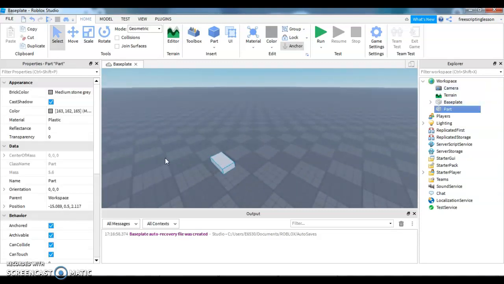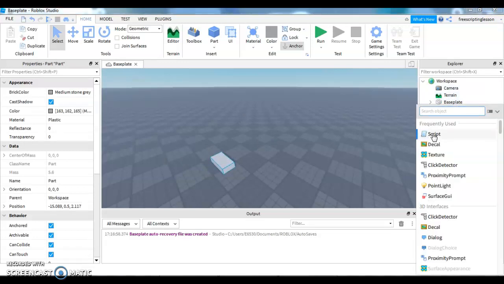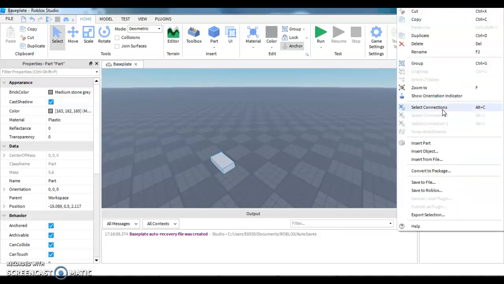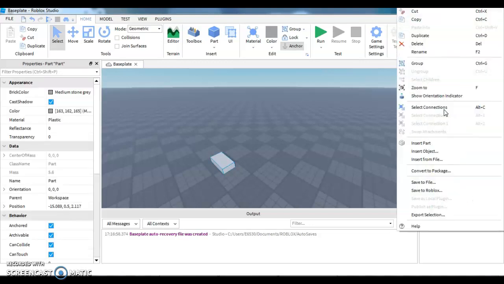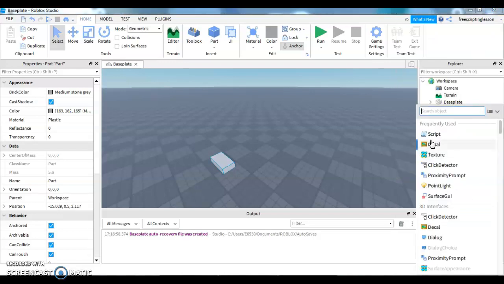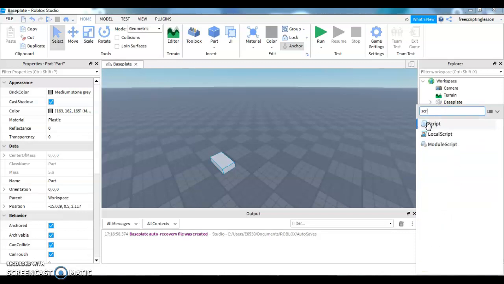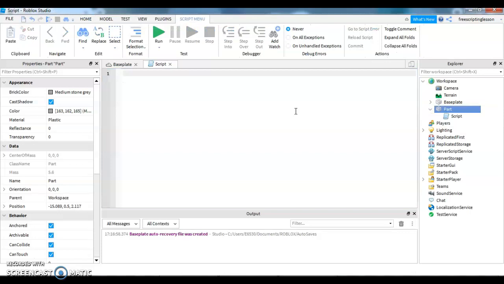Okay. And so let's get into scripting. So you're gonna right click the part which is in the Explorer, and then if you see it like this, you want to click the arrow on the workspace. You're gonna right click the part. You're gonna do insert object, and then if you don't see this, do search script, right? And then so you can get rid of the print thing, or